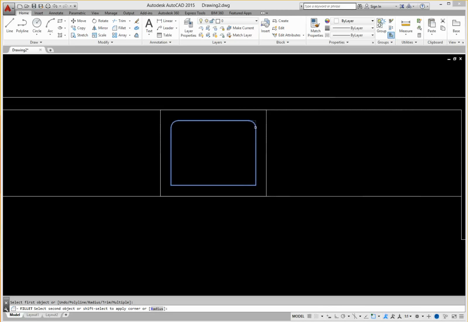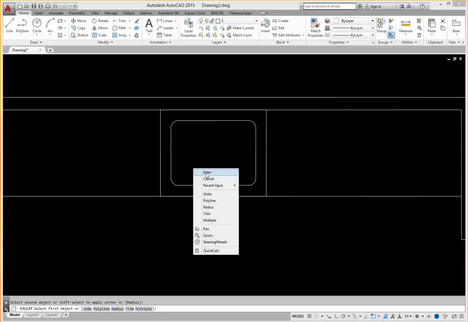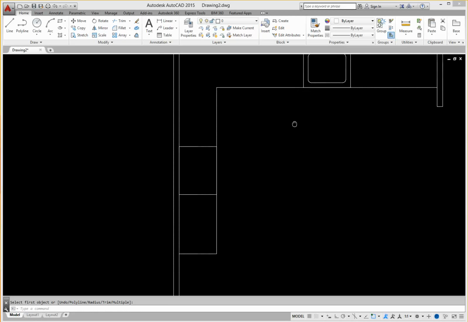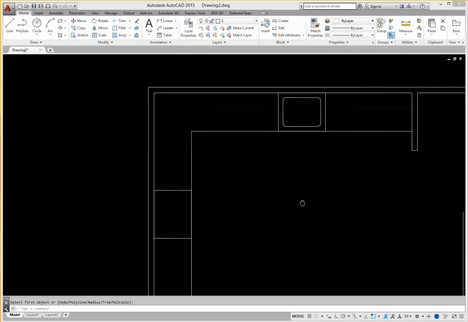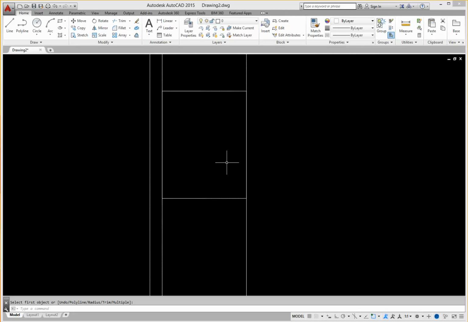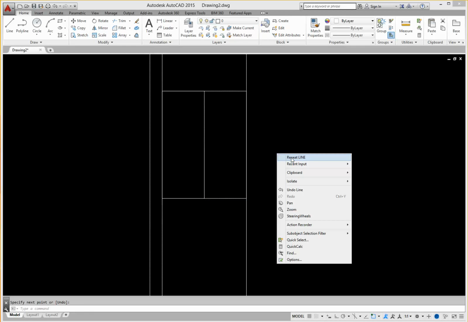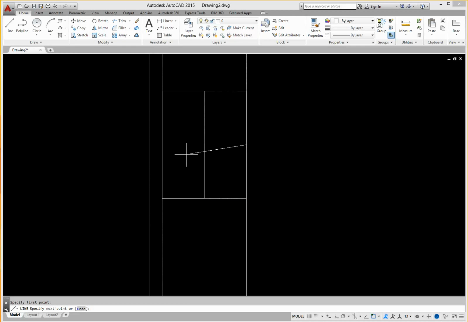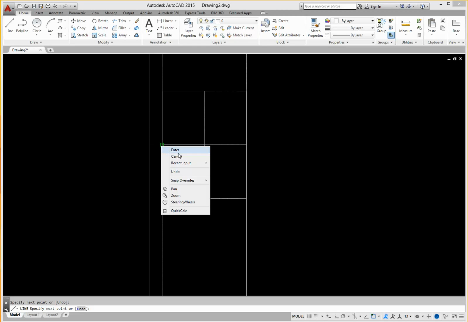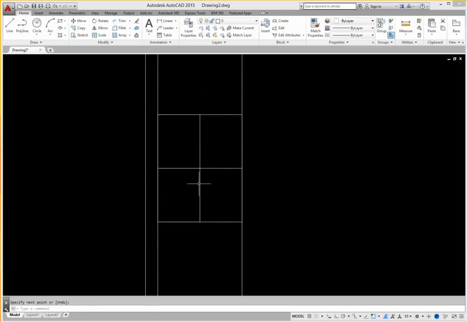Now I'm just going to go click on each of these, and that creates a radius. And I'm going to right click and enter. So that's the kitchen sink. Now for this one, I'm going to create the stove. Click on the line. Let's click on the midpoint icon here and here. Right click and enter. Right click again, repeat line. Here and here. Now I've got 4 squares, and I'm going to,